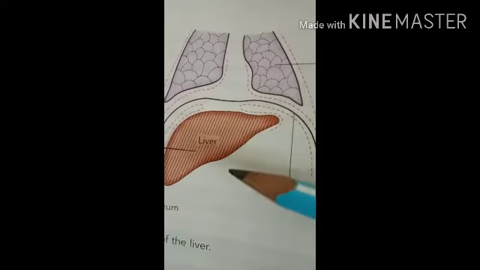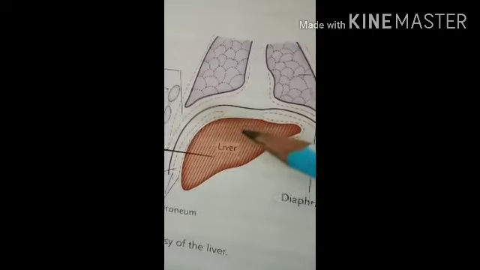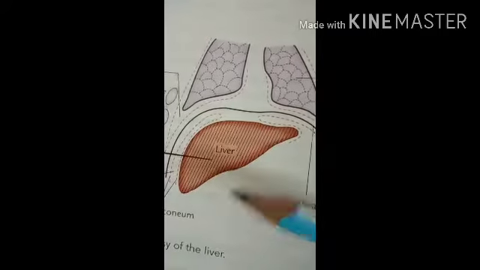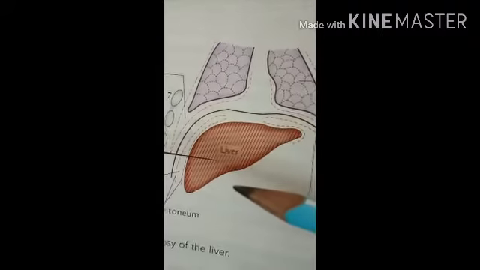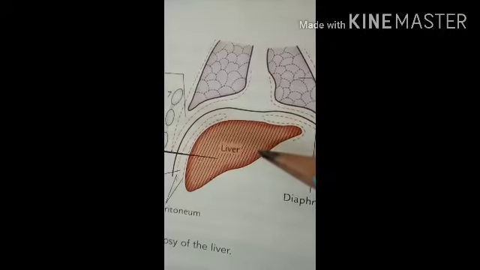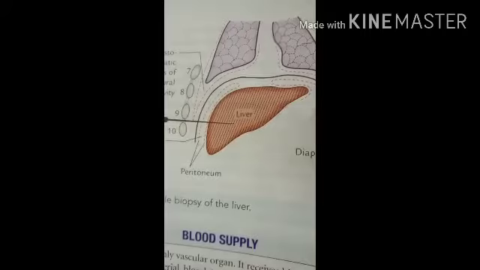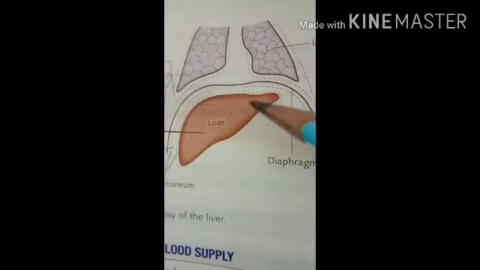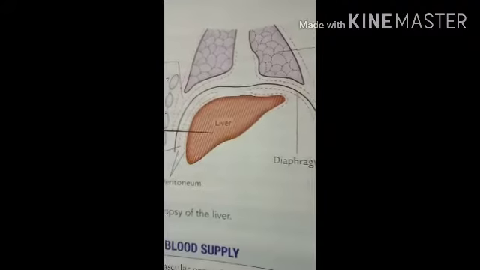The sympathetic fiber is derived from the colic plexus, and that is related to pain. The second one is the parasympathetic fiber, which is derived from the hepatic branch of the anterior vagal trunk. So these are the nerve supply of the liver. After that, we have to see the microscopic structure, or the histology, of the liver.